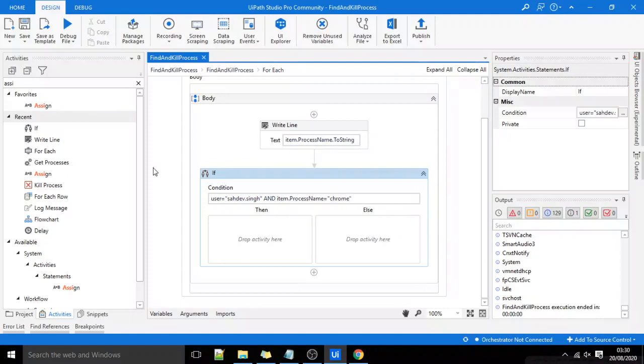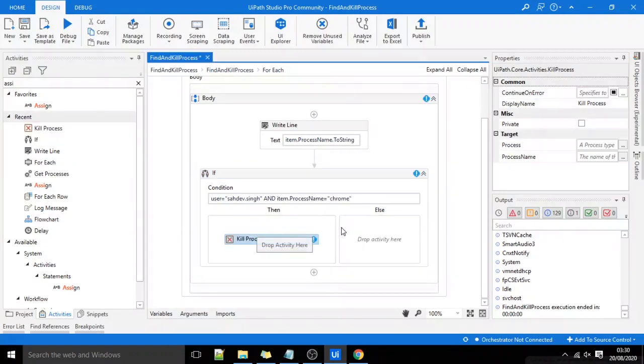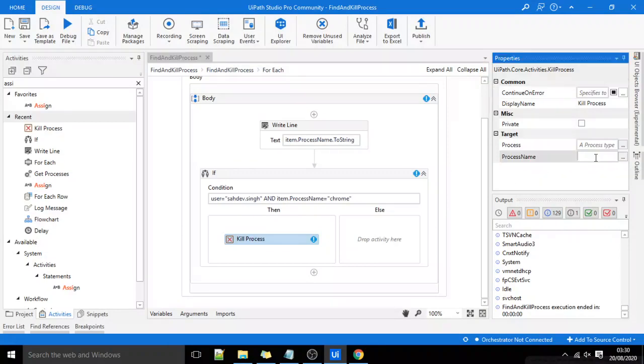Now I'll use a kill process activity to kill the process. Here as a parameter I can type the name of my process, either Chrome or item.ProcessName.